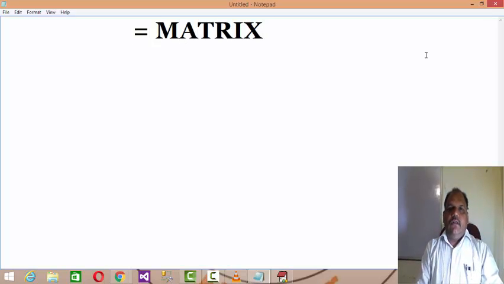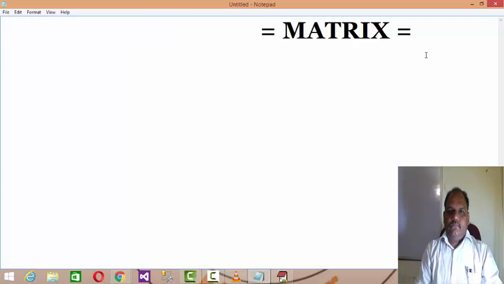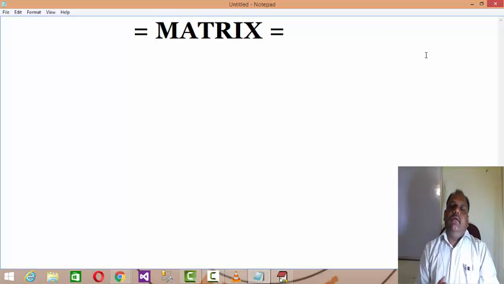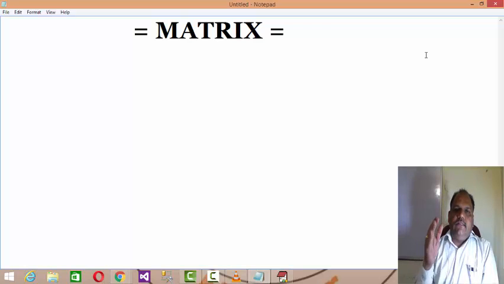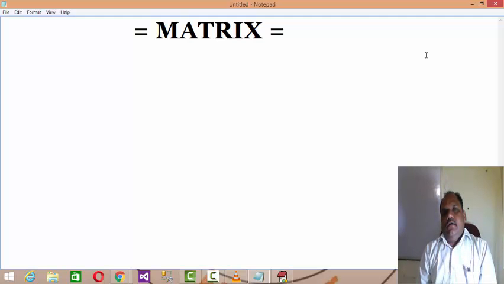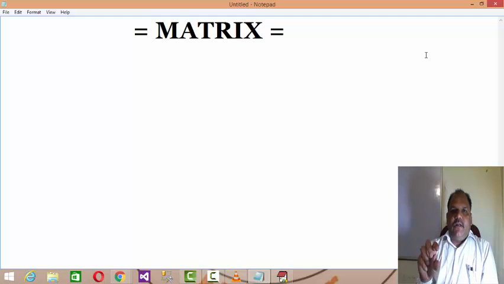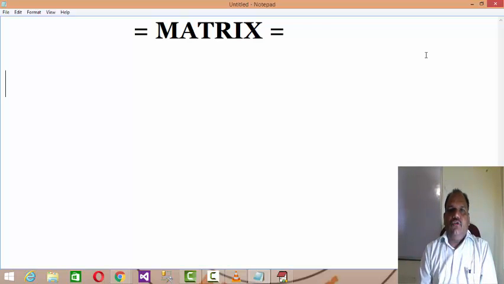Now, as in the previous session we already discussed the 2D array. A 2D array is also called a matrix because it is divided not only into rows, but every row will be divided into columns also. So the data arrangement where the data is divided into rows and columns is called a matrix. First of all, we'll be discussing how to form a matrix